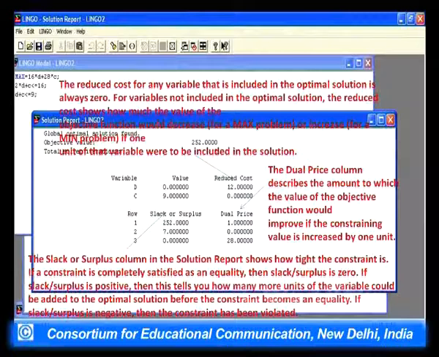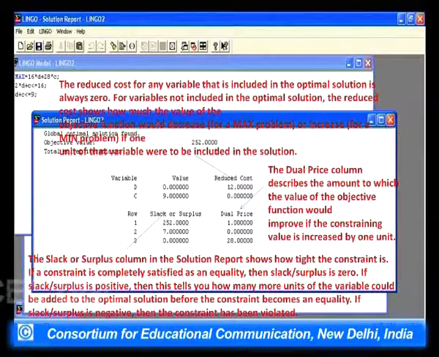If say the constraining value is 16 and 9, and it is increased by 1 unit, this dual price will show the improvement. So this is all about the software which we have used for getting the solution to our problem.